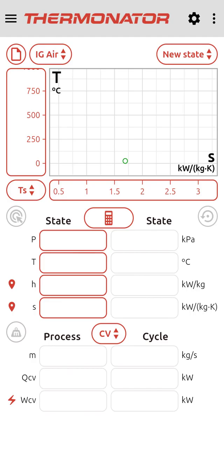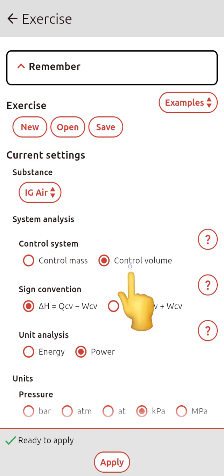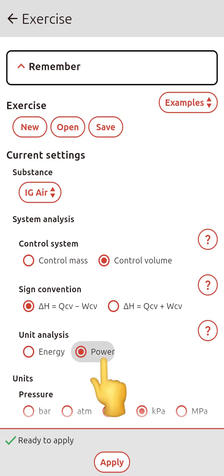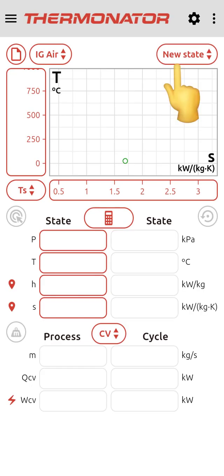In Thermonator, we configure a control volume exercise because the substance enters and exits the devices. We select the sign convention to consider the work generated by the system as positive. We also configure power units because mass has units of time. We could create the cycle quickly using the New Cycle menu, but in this exercise, we will create the processes